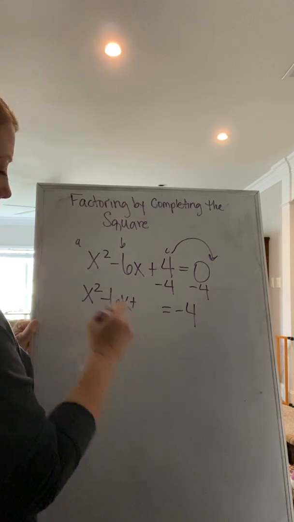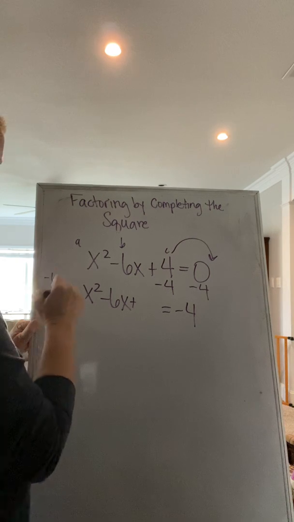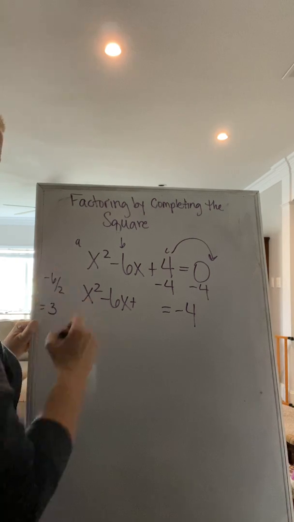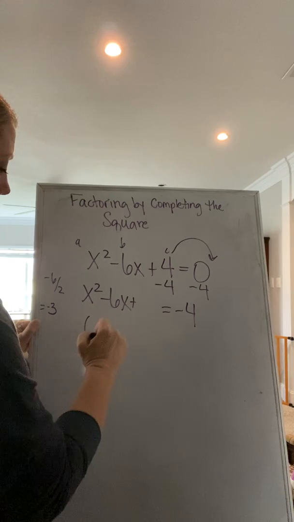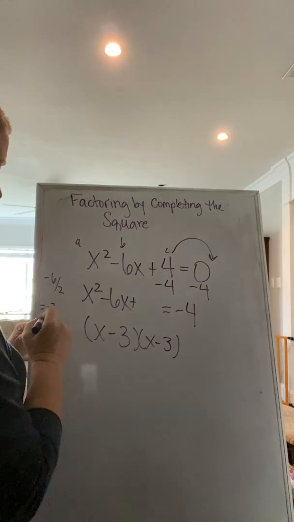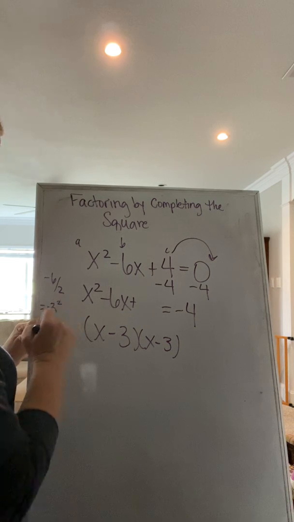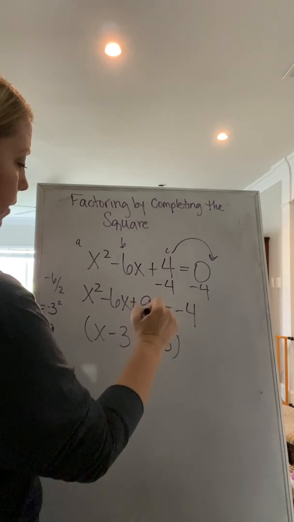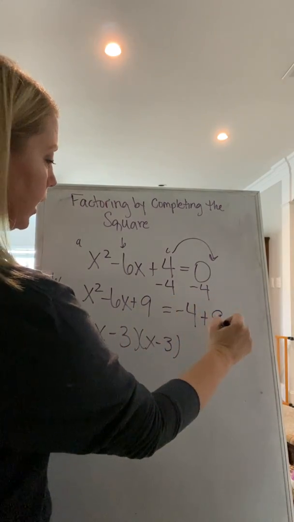take half of B, so half of 6 is 3. Oh, remember, it's negative 3. And remember, I already told you, oh, there's my answer. And then I'm going to take this negative 3 and I'm going to square it. Well, negative 3 squared is 9. So I know I'm going to add my 9 to this side of the equation and to this side of